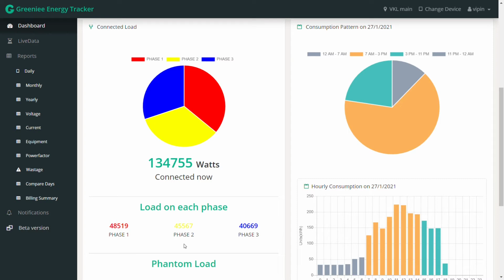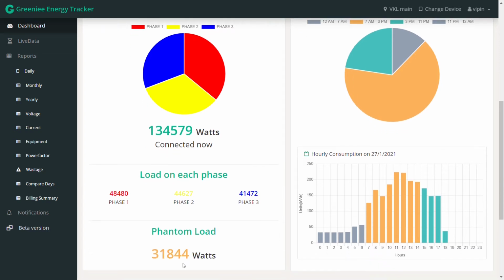As you all know, just knowing how load is distributed or how well it is balanced in a static situation is not good enough. Because depending on your consumption, if the load balancing goes off, it can have an impact. And Greenie can give you that information on a real-time basis throughout the day, or week, or the month.